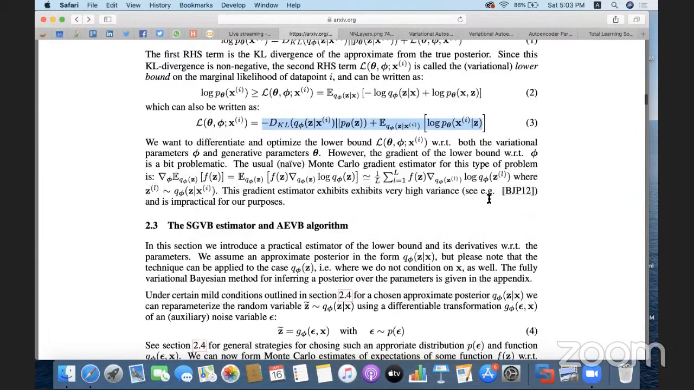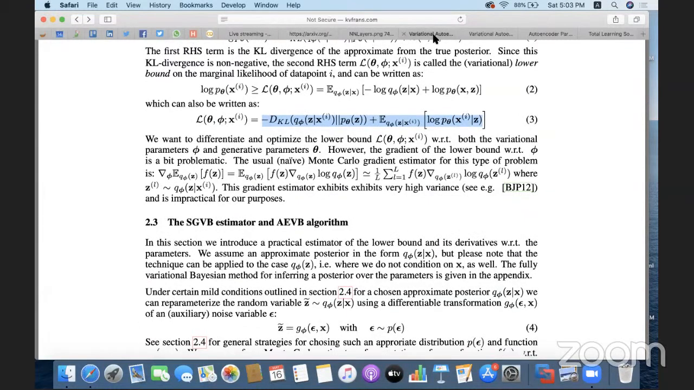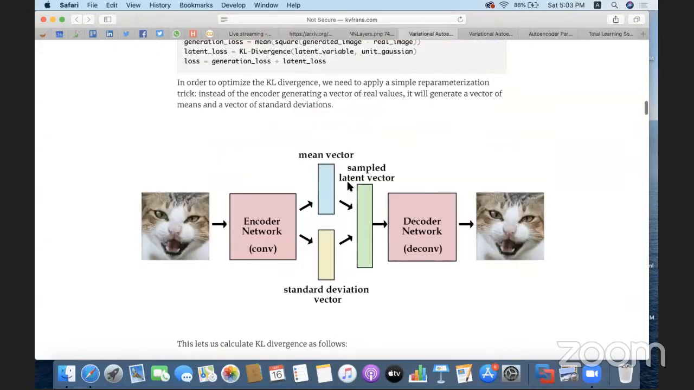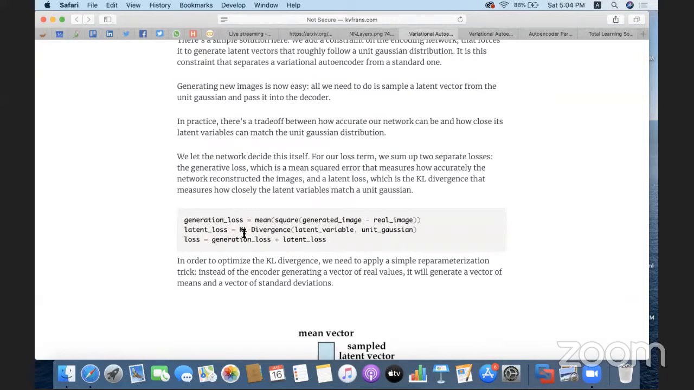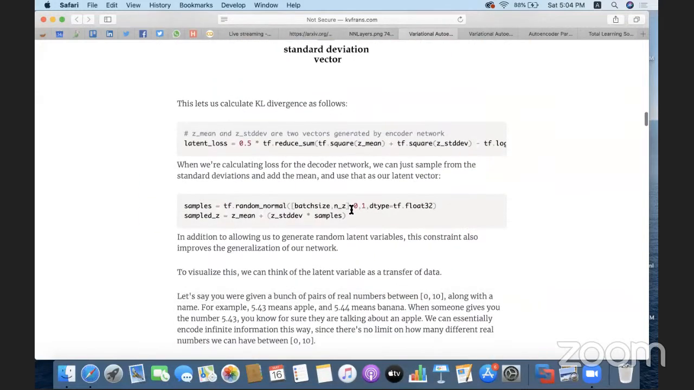So the KL divergence formula has already been given to you. So here is the KL divergence formula, which has been identified here. Using the KL divergence of latent variable and unit Gaussian, you're going to generate the latent loss. And from the generation and the latent loss, you're going to actually calculate the loss. And then using that